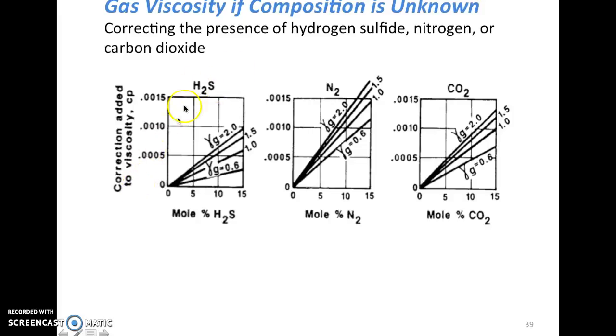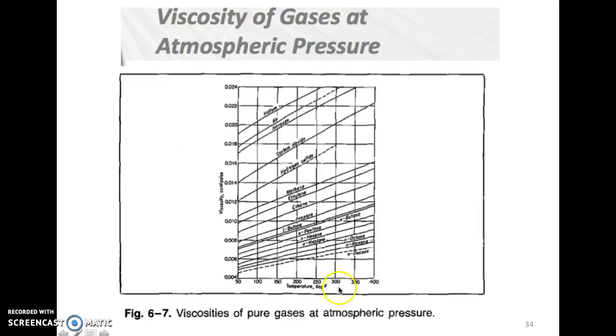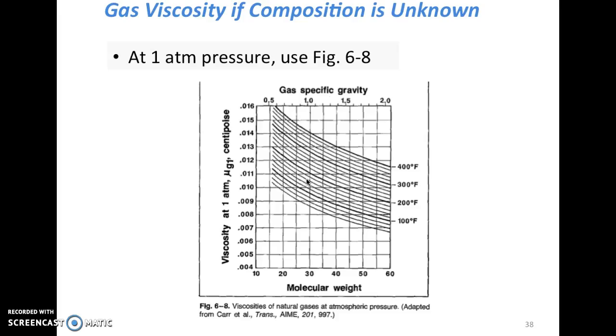Here we have to correct the viscosity if we have those non-hydrocarbons. And the reason is, looking at this figure 6-7, you see the helium, air, nitrogen, carbon dioxide, and hydrogen sulfide. They have a totally different, high viscosity compared to the hydrocarbon values. So we have to make sure that we correct those values using these